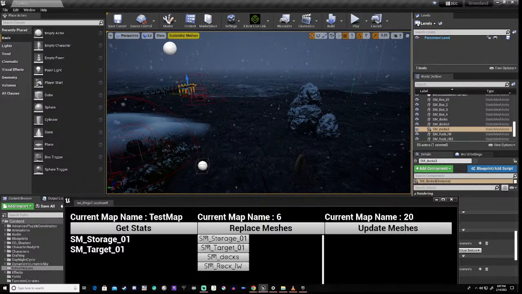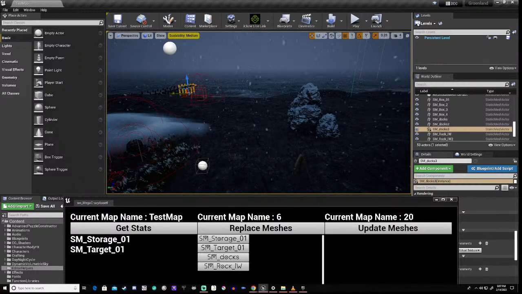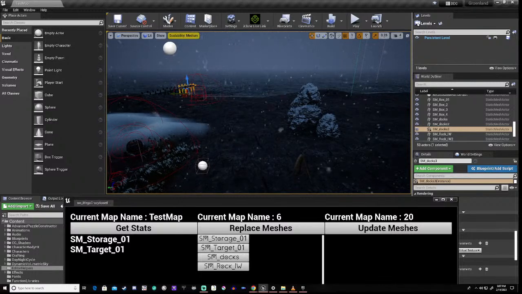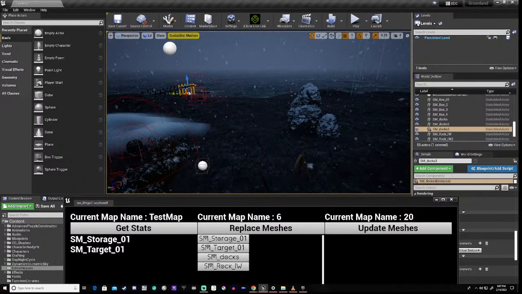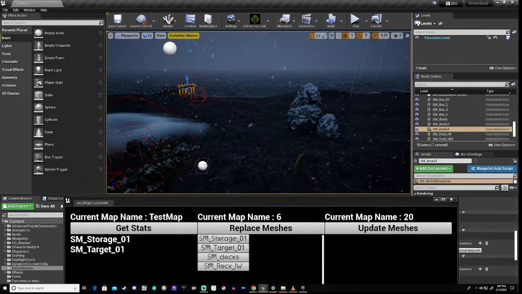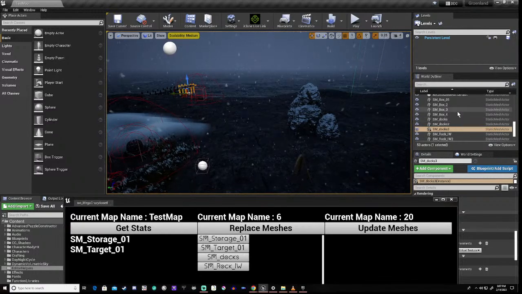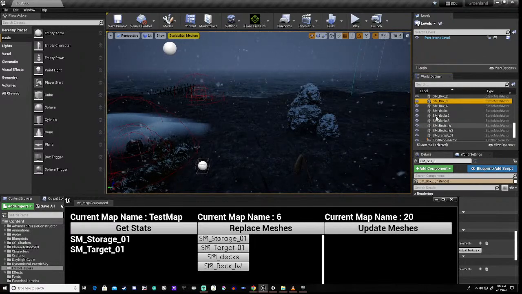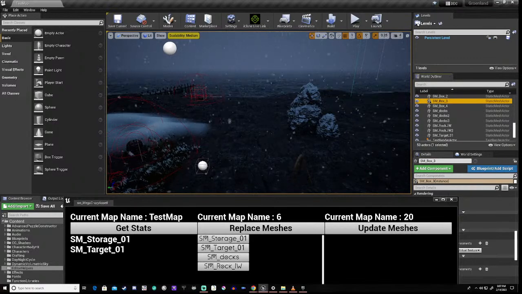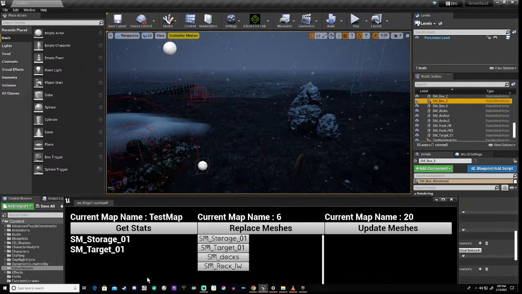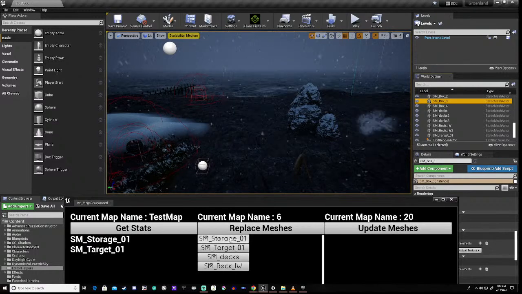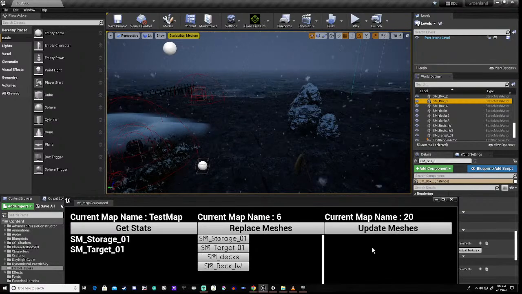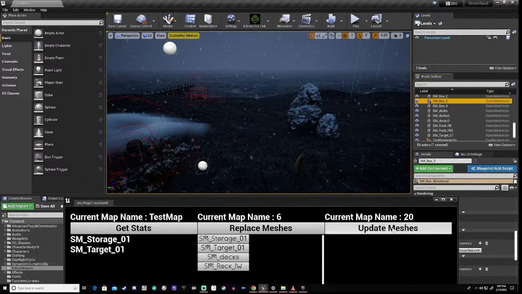Now think about it, if you've got 64,000 meshes and you had to do that, that is going to be a bad day when you're getting told you're doing that. That's going to be the day that you think about walking out. But we are going to automate it, so that it doesn't even matter. So all we're going to do is say, okay, we've not got them, we might do them later, we've only got one of them, so it's not going to really make much difference, so bugger it. And we're going to say update meshes. Bang.